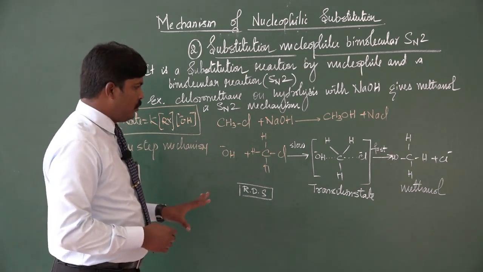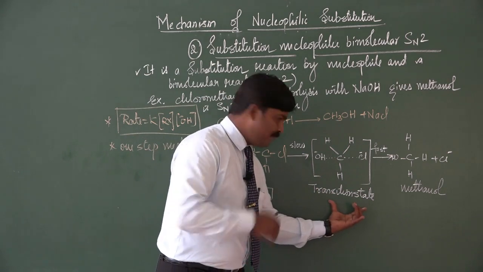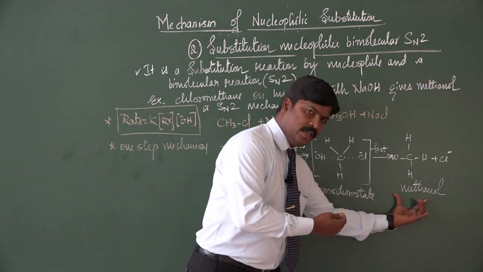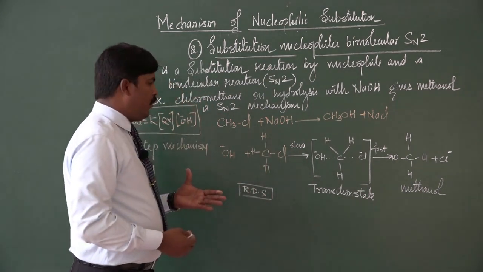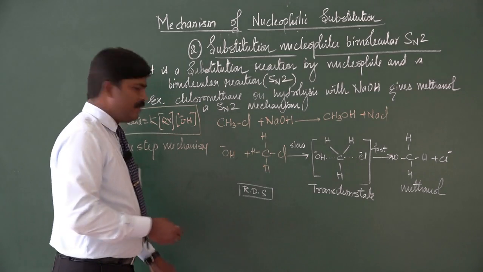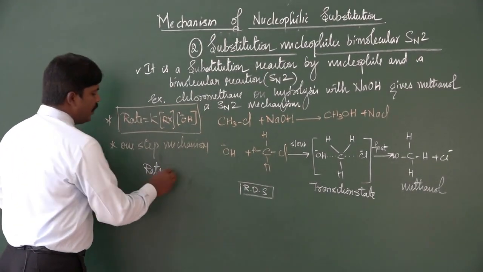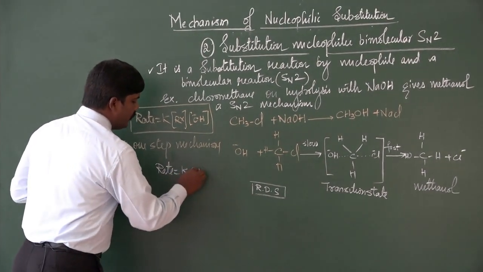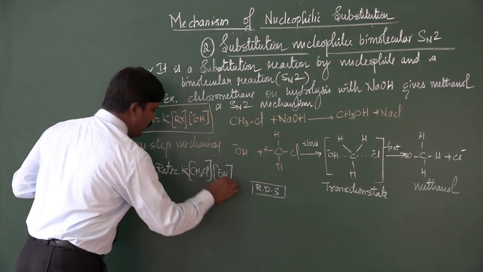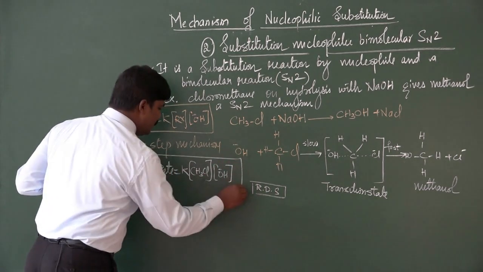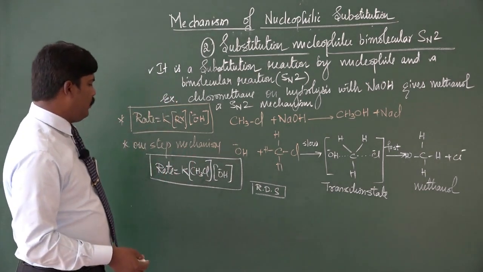Now we will come to a conclusion. So it is a one-step reaction, attaining an intermediate transition state, and from there launching towards a product called methanol. The nucleophile and chloromethane form a transition state. Now we can write the rate. The rate for this example is rate equals k [CH3Cl][nucleophile]. Both of them are involved in deciding the rate of reaction, but in SN1 only one haloalkane was involved.